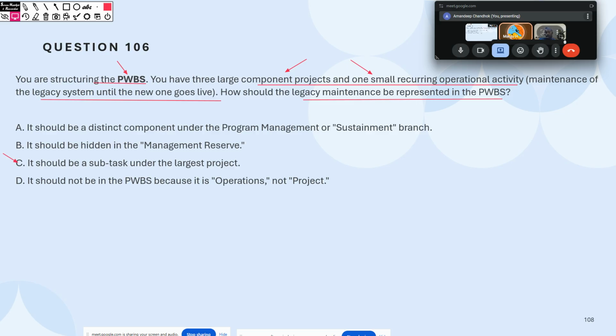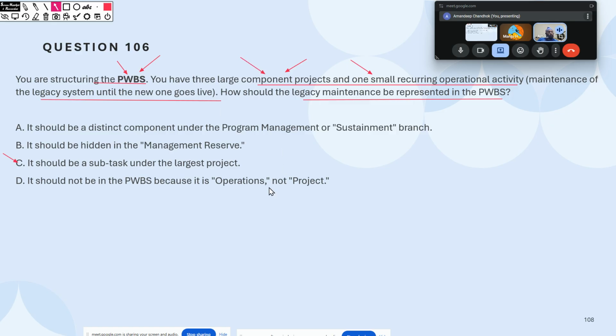Let's take a simplistic view on this. Normally the way we understand the PWBS is that we are documenting all the components in it.